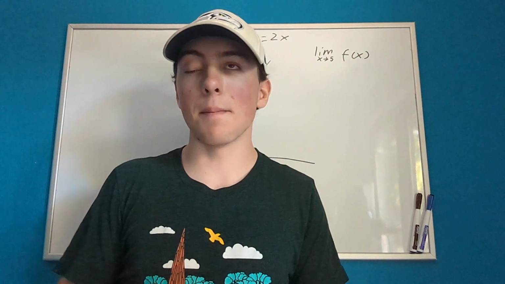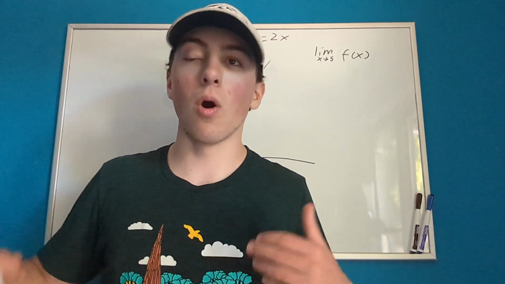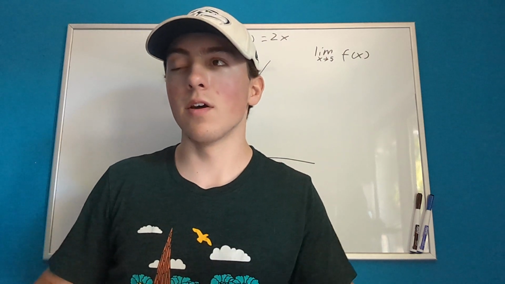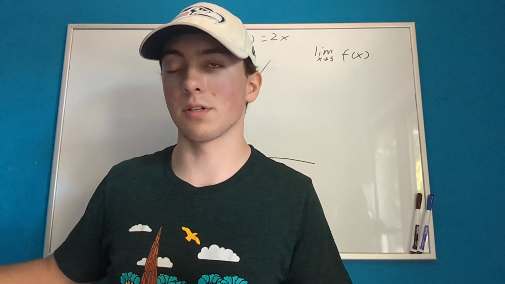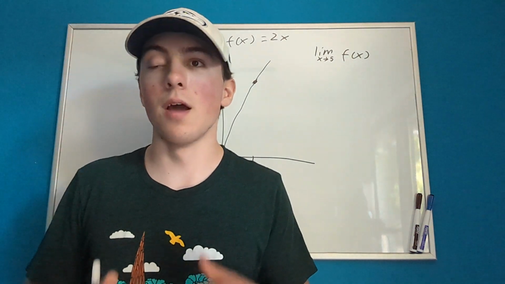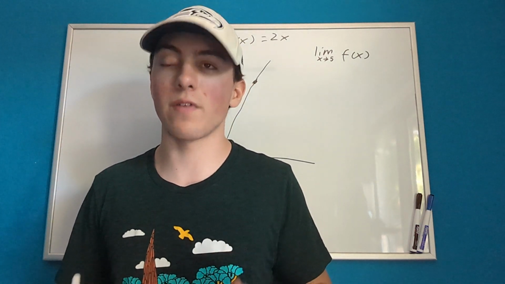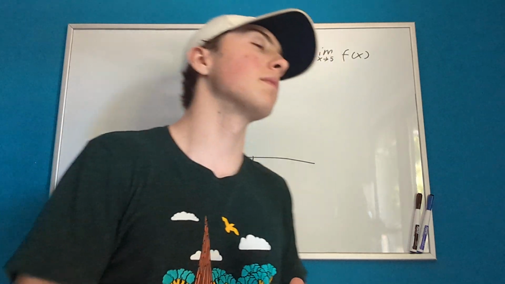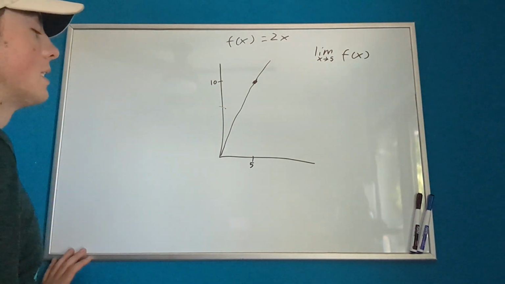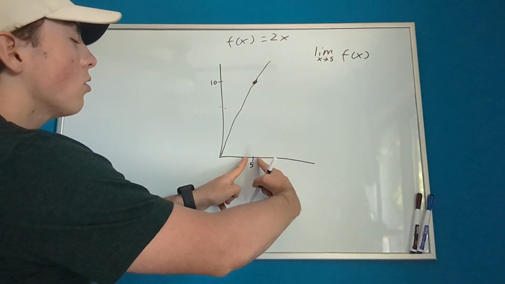An example for this might be 4, 4.5, 4.9, 4.99999, or from the right side, you might have 6, 5.5, 5.25, 5.00001. I encourage you to take those values that I just said, put them into your calculator, multiply them by 2, and see what the end value gets progressively closer to. If you do that, you'll see that our end value is getting progressively closer to 10, because as our x values get closer and closer to 5,